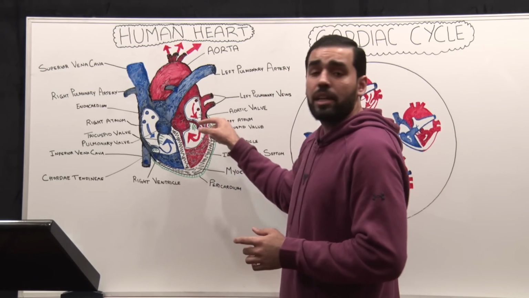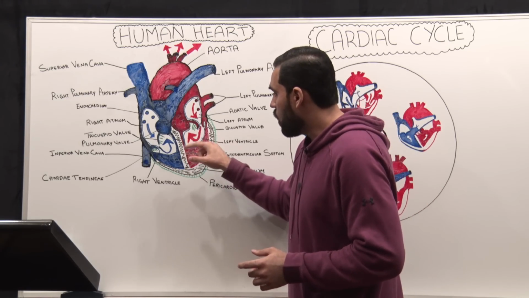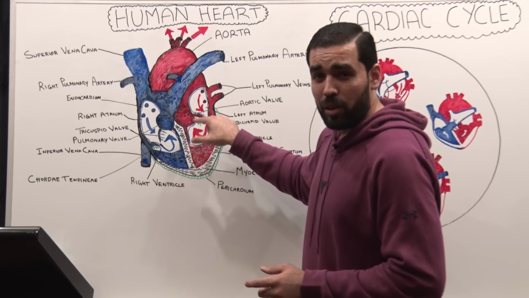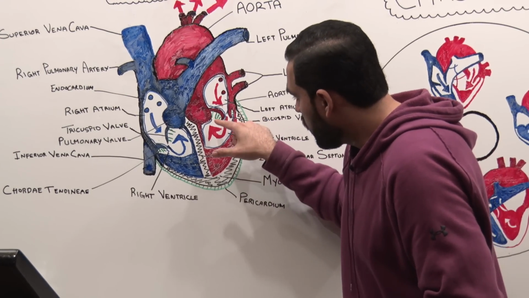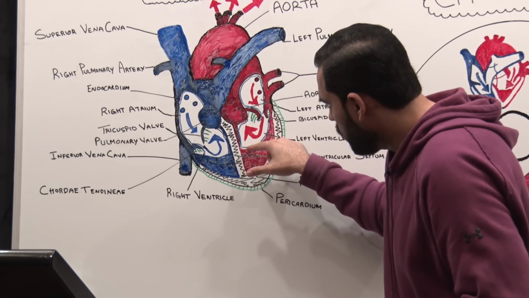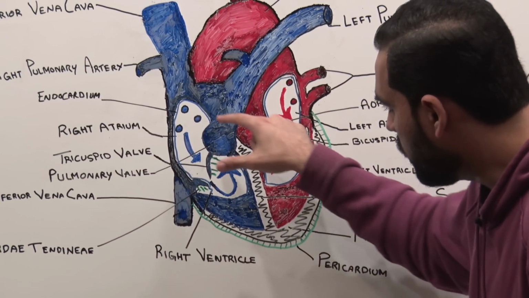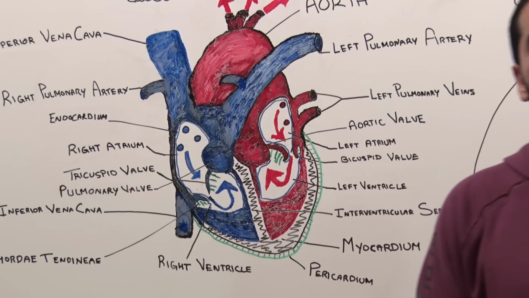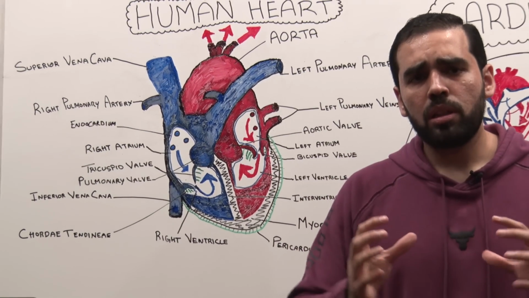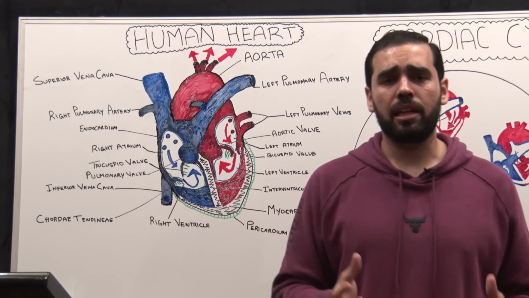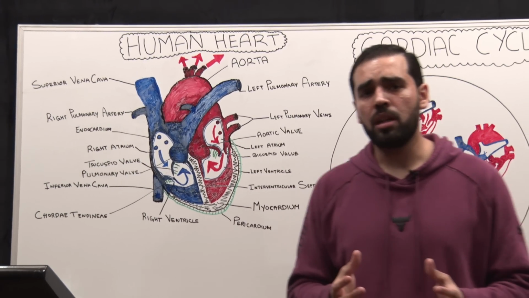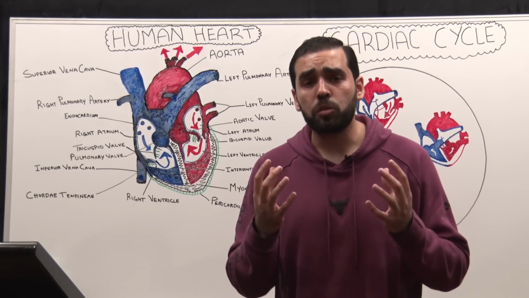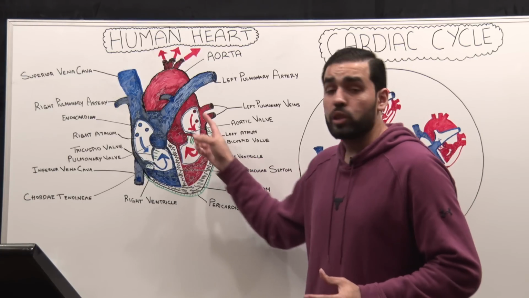Now let's talk about the innermost layer of the heart, which is called the endocardium. If you zoom in a little bit, because it's a little hard to see even for me from up here, you can see that I've drawn the blue layer. This blue layer is covering all the atriums and ventricles, the internal lining. This is a very smooth squamous epithelial lining, made of epithelial cells, and its primary function is to provide a smooth blood flow within the 4 chambers of the heart.